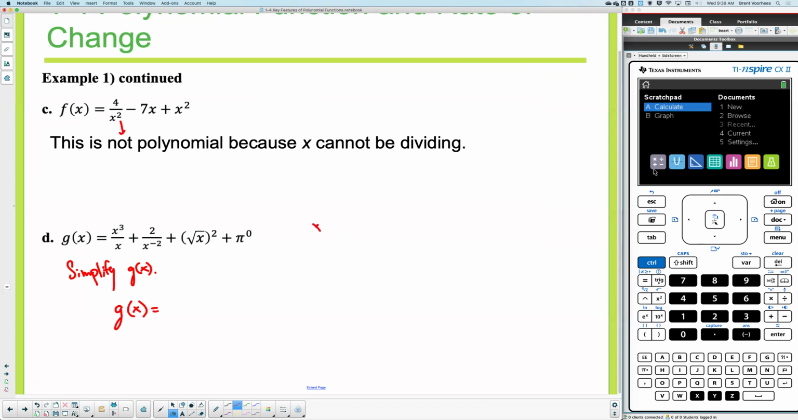I'll give you a hint. X cubed is like this. X cubed over x is the same thing as writing x times x times x divided by x. What could I do if you looked at it this way? X times x times x divided by x, which is going to be equal to x squared. So g of x is going to be x squared